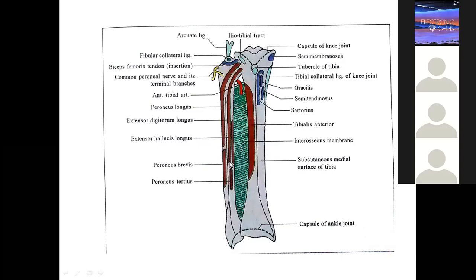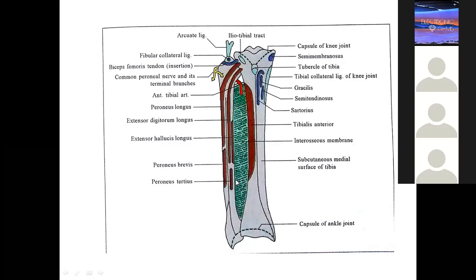Flexor digitorum longus. Then you have the flexor hallucis, which means what? Big toe. Very good, big toe or great toe. Extensor hallucis, and we have the peroneus word, which basically indicates the lateral compartment. So this is actually the lateral surface only. You have two muscles, peroneus longus and peroneus brevis. Supported by a small muscle which is coming from the medial surface of the fibula, that is peroneus tertius. These are lateral compartment muscles, peroneus longus, peroneus brevis, and peroneus tertius. Okay, so this is the anterior aspect.